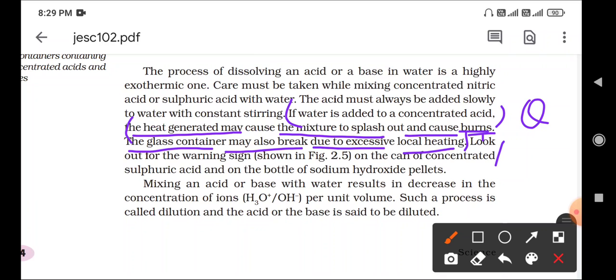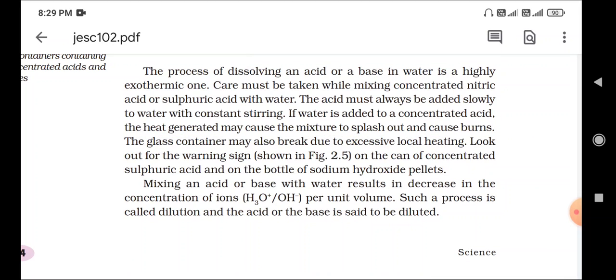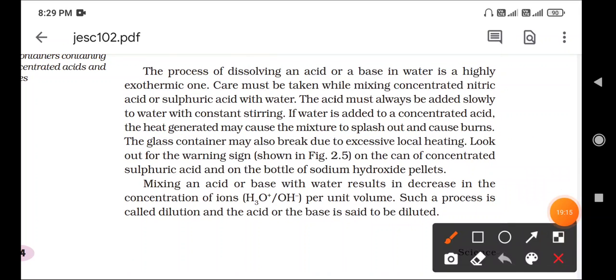The gas container may also break due to excessive local heating. This is the simple answer for this question. Look at the glass container. So look out for the warning sign in the figure